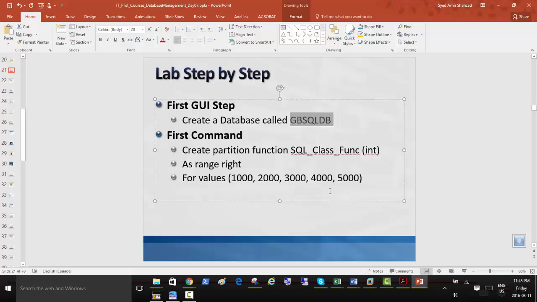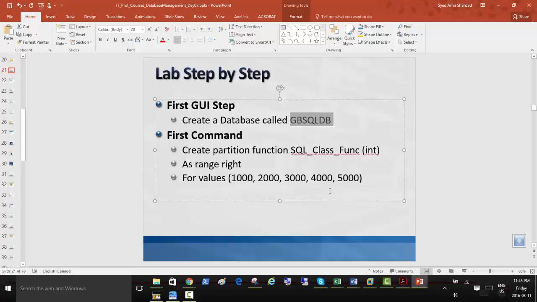We're going to create a huge table, and in that table there will be lots of rows and lots of data entries like integers. What we need to see is that after 1000 rows, if we keep putting in data, does it go to the next partition